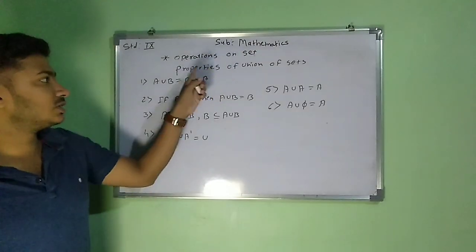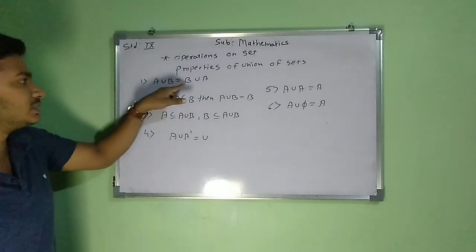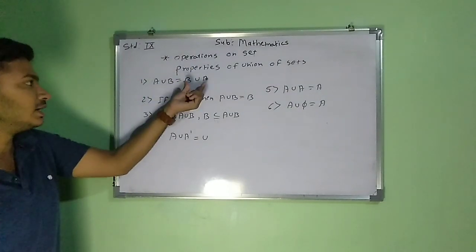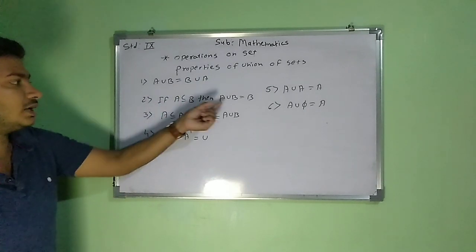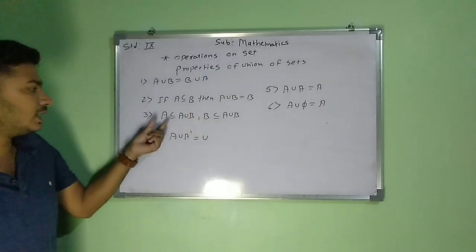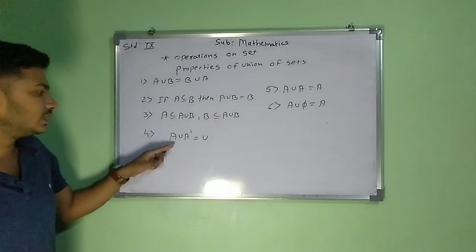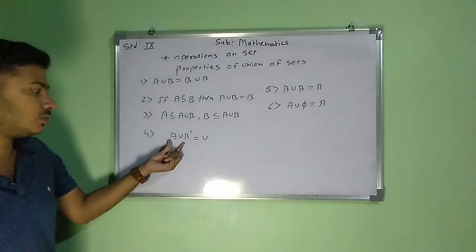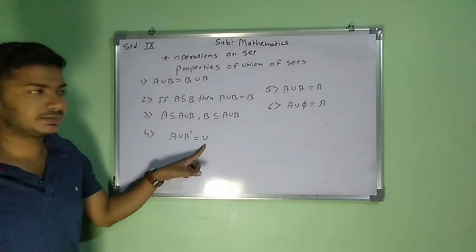So like properties of intersection of two sets, we have properties of union of two sets. The first property is A union B is equal to B union A. That means we can interchange their places. The second one is if A is a subset of B, then A union B is set B itself. And the third one is A is a subset of A union B and B is also a subset of A union B. The fourth one is A union A complement,